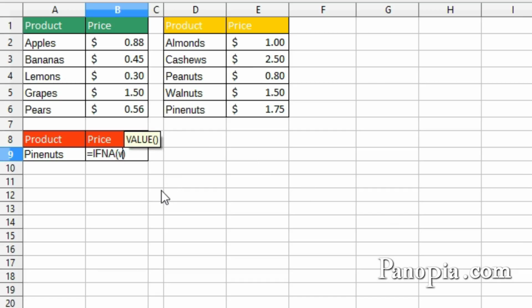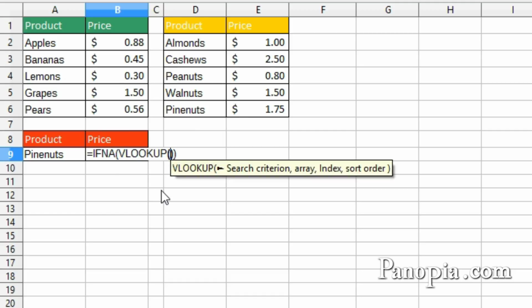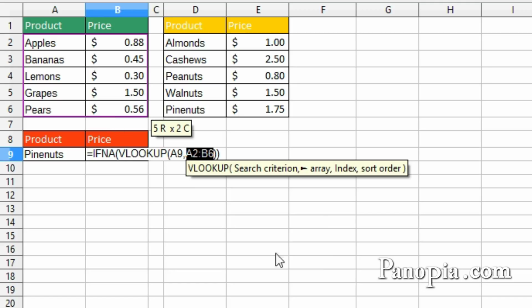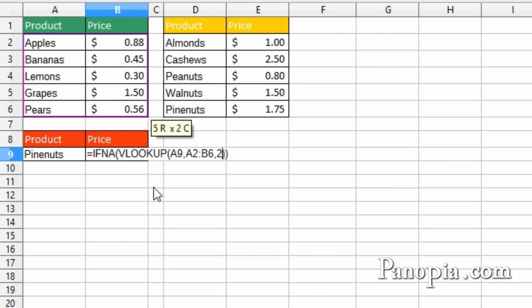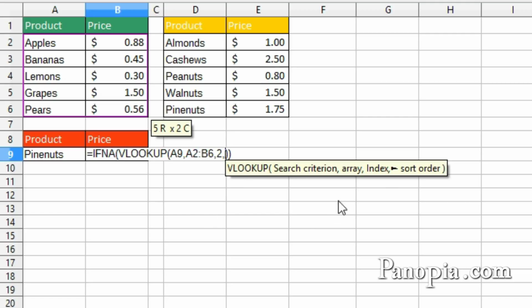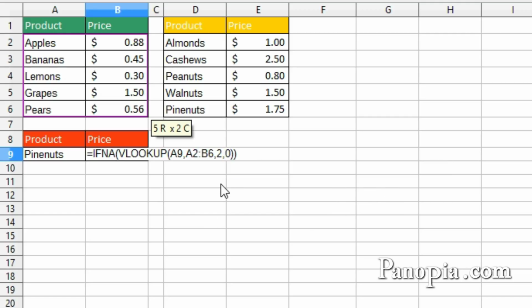Type VLOOKUP. Press Enter. The search criterion is the drop-down. Click A9, comma. The array is the data in the first table. Drag and highlight A2 to B6, comma. Next is the index, which is the second column in the table. Type 2, comma. Sort order. Type a 0, table is unsorted. Click after the parentheses for the VLOOKUP function, then a comma to get to the second parameter of the IFNA function,